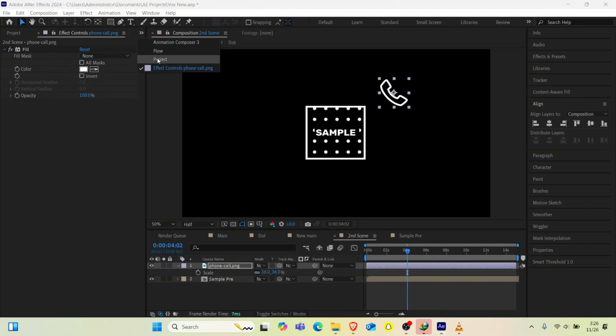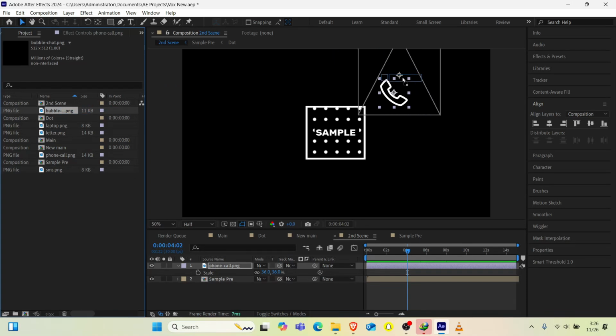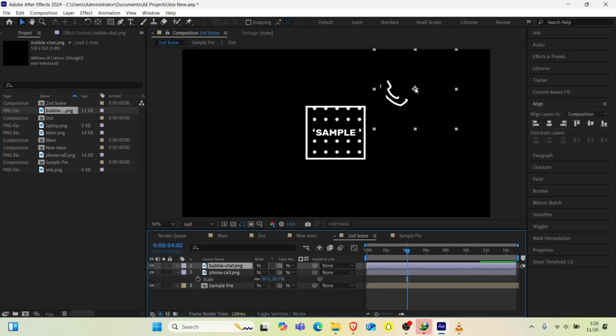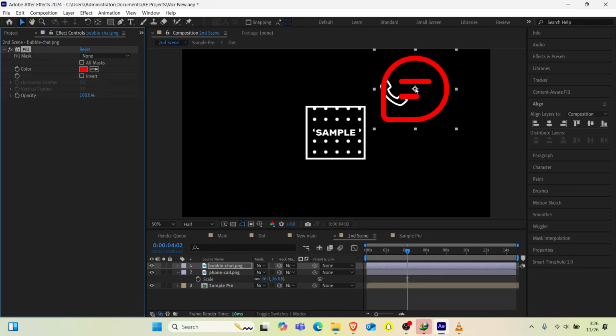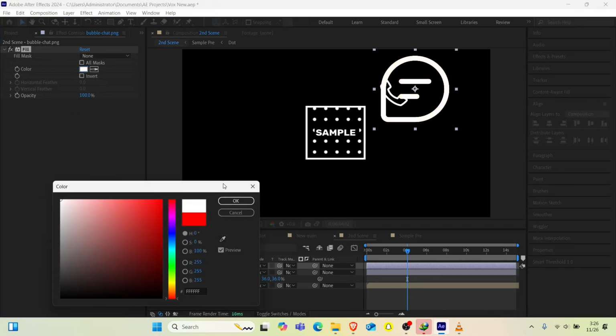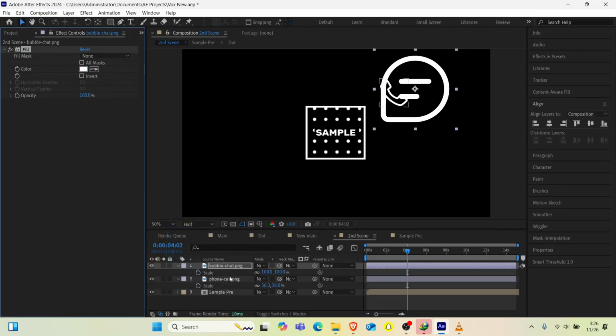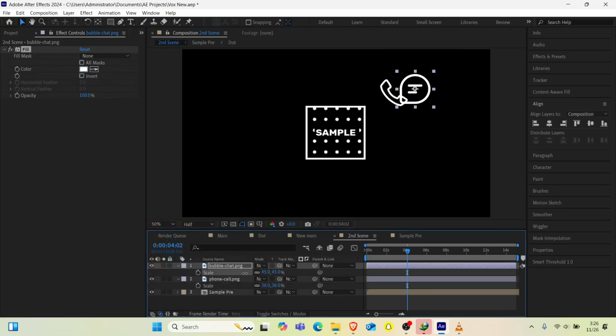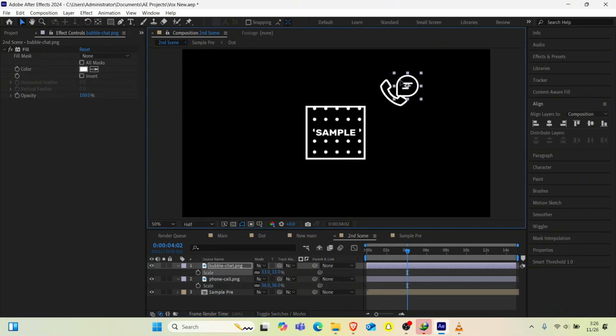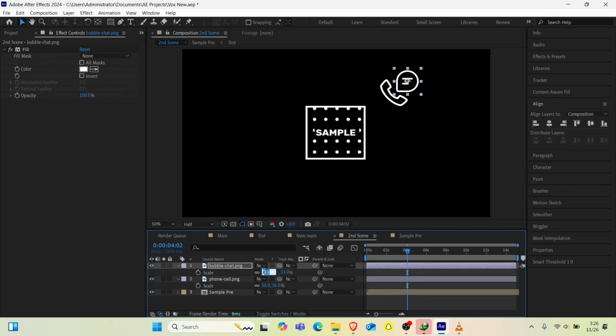So I'll go to my project, then I'm going to add this bubble text, go to effects and preset, type fill. Then I'm going to change the color from red to white. Then I'm going to hit S for scale, then scale it down. You get it? Yeah. So when I scale it down, at this point I can, when I get the perfect size,